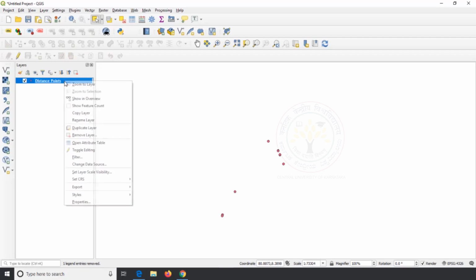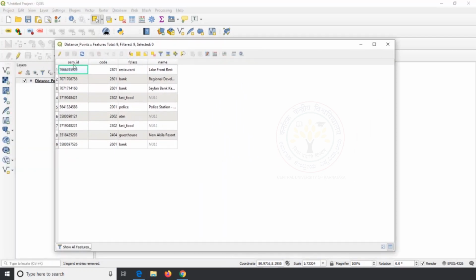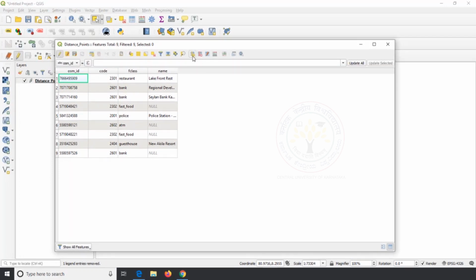For our better understanding, I create two fields in the attribute table in the name of L1 and L2 with the data type of text.